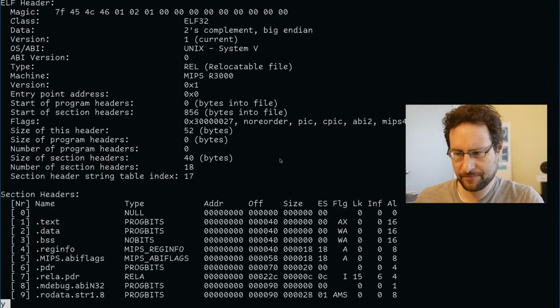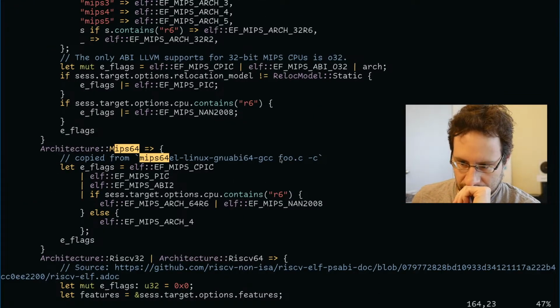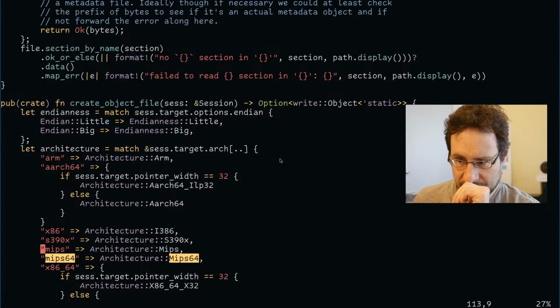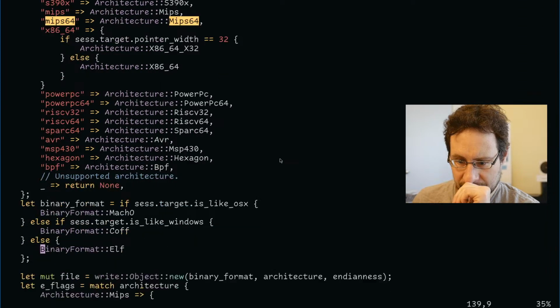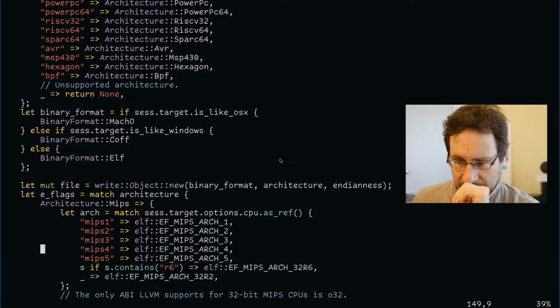It's really tricky. Where do they assign the architecture, endianness, binary format, file? Okay, they have, this is a generic object writer that also can do COFF and Mach-O.